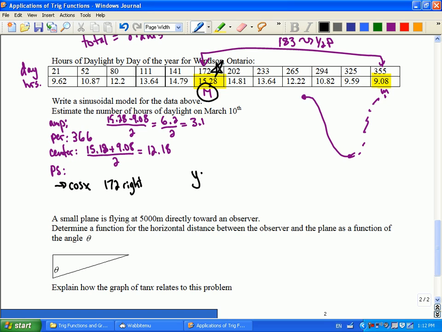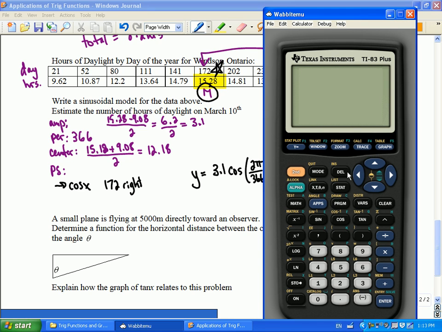So one equation that I could use is y equals 3.1 cosine 2 pi over 366 times x minus 172, and the center line is at 12.18. Okay, so that means we can go and plug it in the calculator to find out what it would be